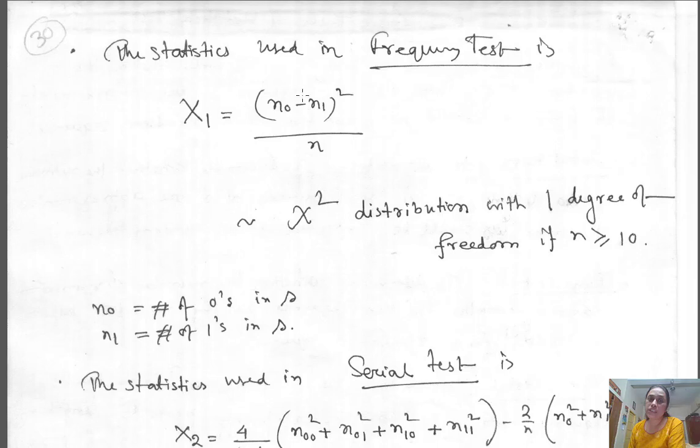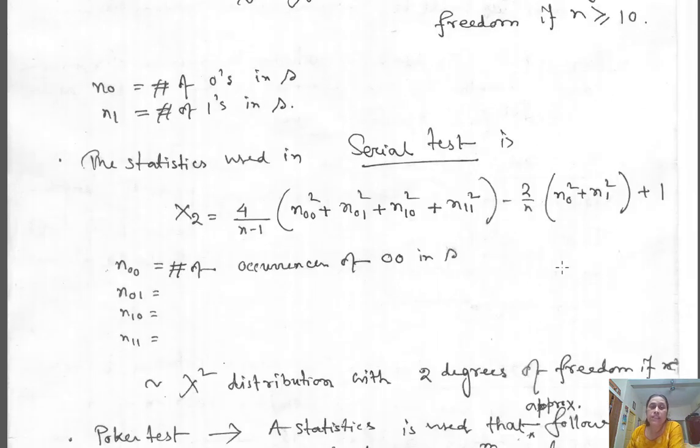Okay, so you can use this statistical tool, or you can use the expression in rule 1 of Golomb's test. This is another way of checking whether your sequence passes the frequency test or not. If you define the random variable in this way, n is the total length of the string, n0 is the total number of zeros, n1 the total number of ones. So (n0 minus n1) whole square divided by n should have chi-square distribution with 1 degree of freedom.